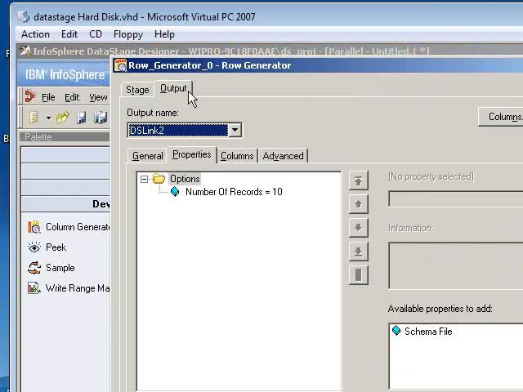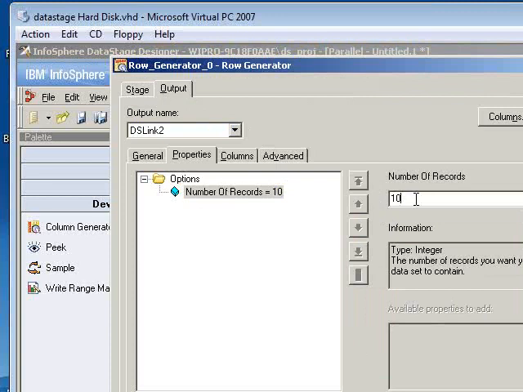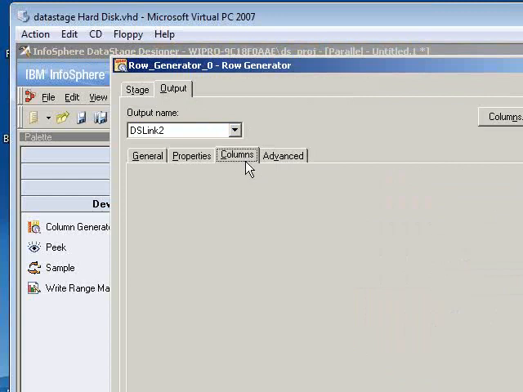Yeah, so here you can see output properties, where by default you will have 10, which means 10 rows it would generate automatically based on the type